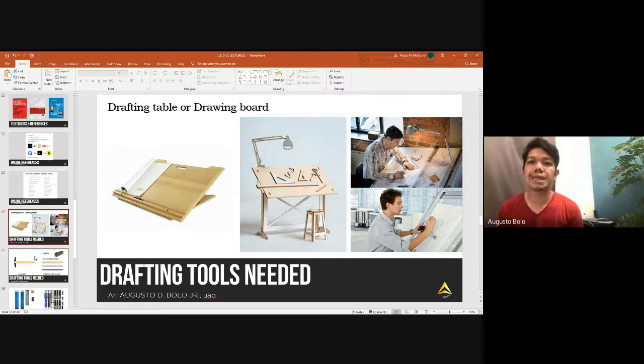Number one on my list is the drafting table and the drawing board. Sinong may idea na nito? Raise your hands. Sino nang nakakita nito? Okay. Importante sa atin, thank you so much. Importante sa atin na meron tayong drawing table kasi although alam ko na you can draw na nasa